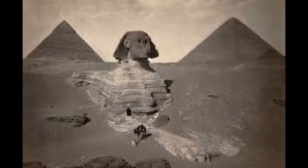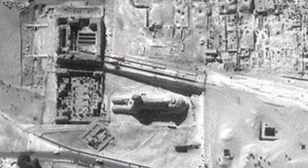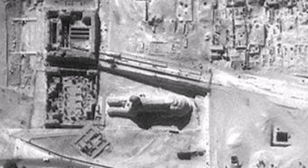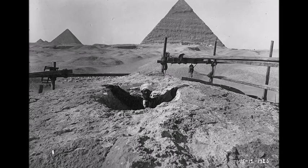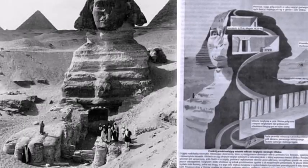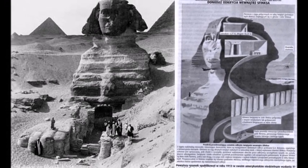After a couple of decades, the entire Sphinx was finally excavated in 1925 to 1936 by an archaeological expedition led by Émile Barrais. It is precisely during that period when the most interesting images of the Great Sphinx were taken. These images depict numerous cavities, entrances, and what appear to be tunnels that, according to many, lead below this majestic